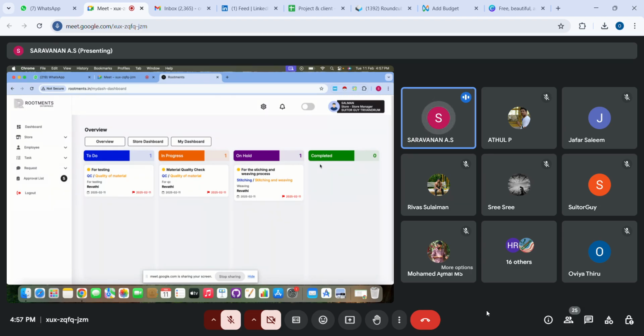They will be having a dashboard there. They will be updating the status of the product on their basis. Employees don't have the rights to create the task. They can only update the work status, or they can create the task flow, which means if I am having a work,